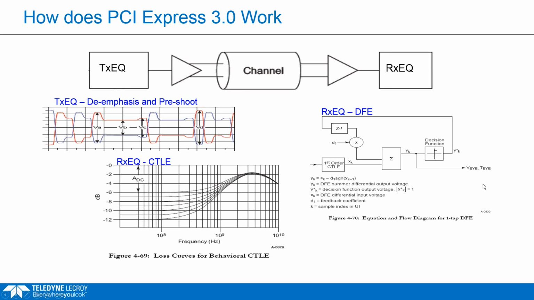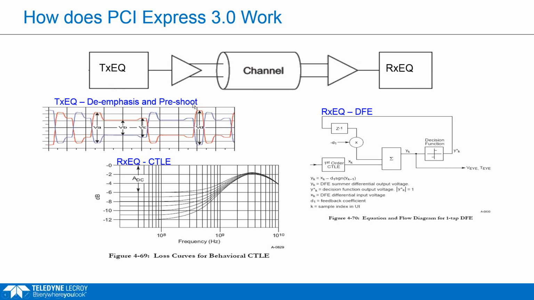So if you have a closed eye, how do we get the system to work? Well, we use equalizers. So you can have an equalizer before the channel or after the channel. If it comes before, it's called a transmit equalizer, and after would be the receiver equalizer. And I'm just abbreviating these here, and I might use this terminology while I'm talking of TXEQ and RXEQ to mean transmit equalization and receive equalization.